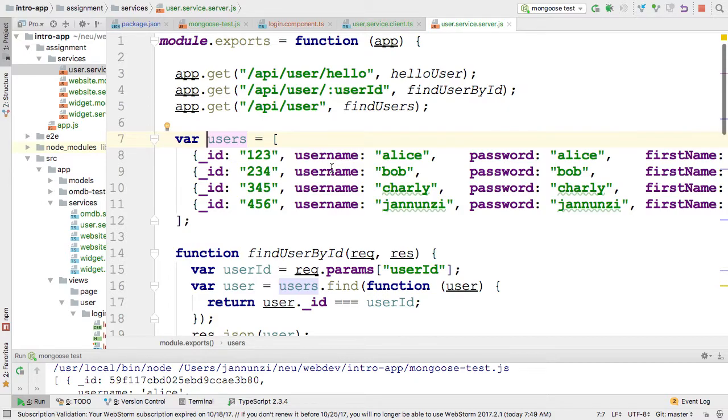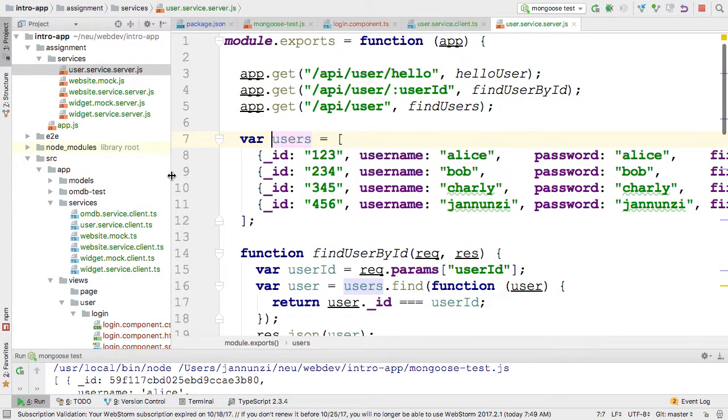So let's see if we can do that. All right. So to do that,